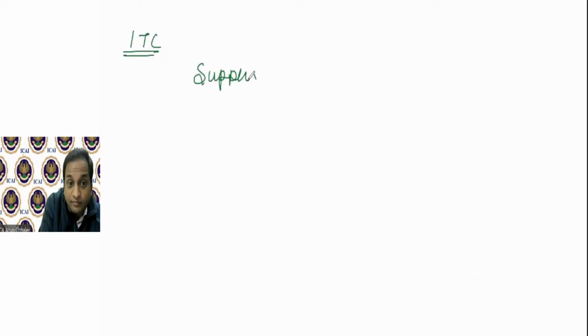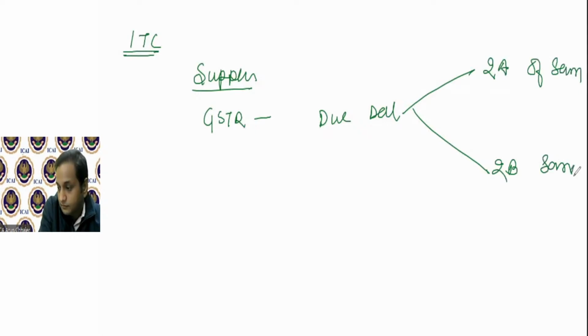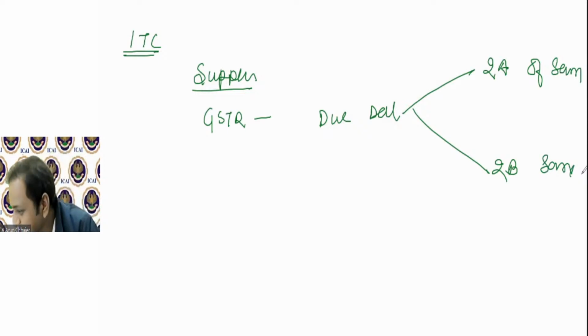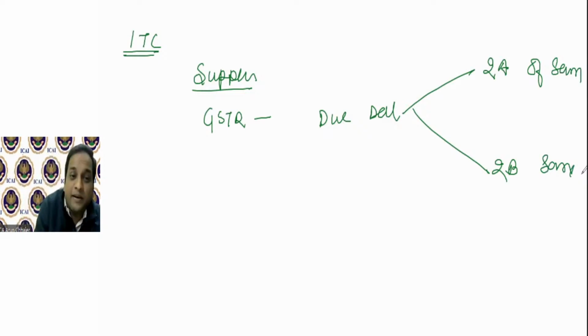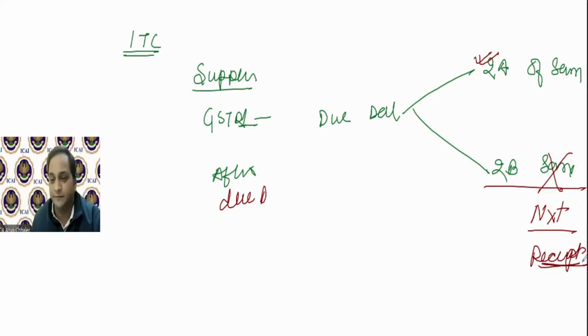अगर supplier GSTR1 due date में furnish करता है तो ये transaction 2A में भी जाएगा और 2B में भी जाएगा of same month। अगर supplier GSTR1 late file करता है after due date, तो इसमें कोई फर्क नहीं है, but इसमें same की जगह next month में जाएगा। और next से क्या problem होगी, recipient को ITC नहीं मिलेगी उसे same month में, उसको wait करना पड़ेगा अगले महीने।